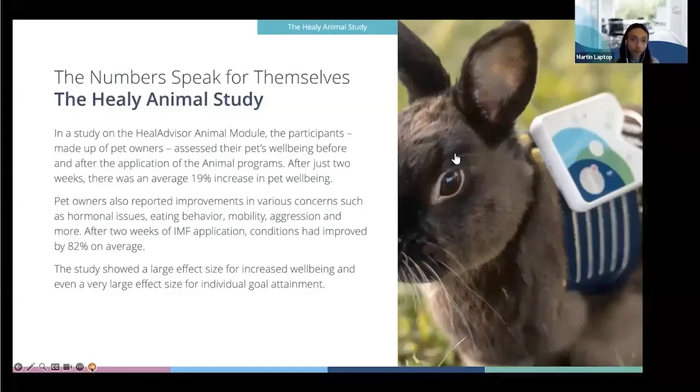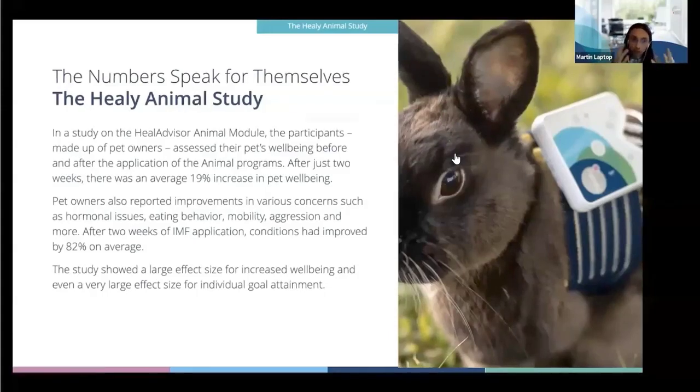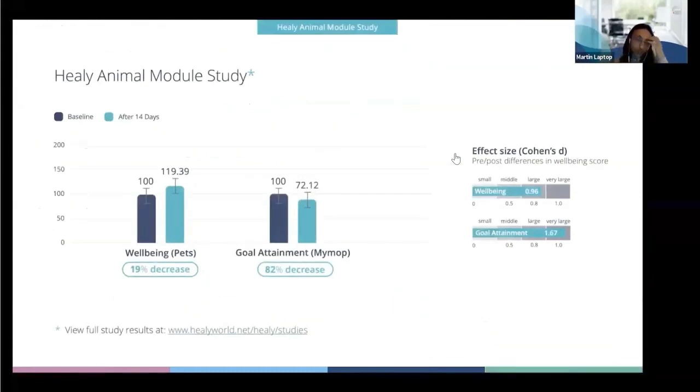And of course, from the animal studies, some more numbers: we have an increase of the well-being of about 19% after 2 weeks. And very impressive is a special survey where first we ask what concerns you have, in this case, of course, the animal has. Can you go back one slide? And then after 2 weeks, you ask what